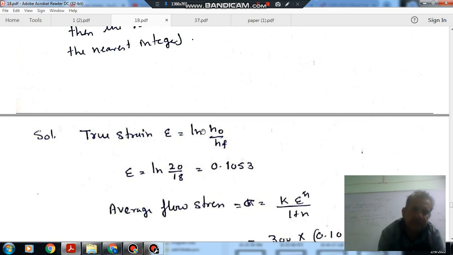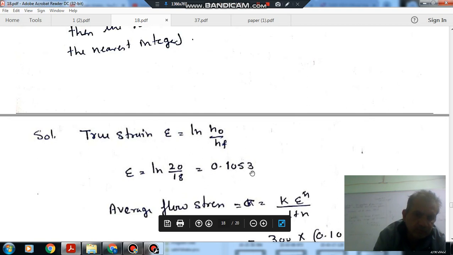Actually the true strain is ln of lf by li; as width is the same and volume is constant during plastic deformation, it comes out as ln of initial thickness by final thickness. Initial thickness is 20 mm and final thickness is 18,